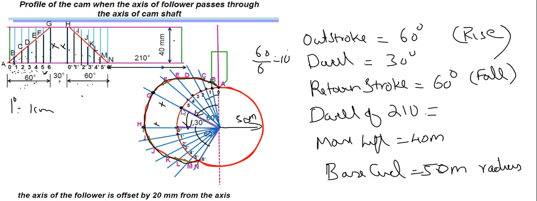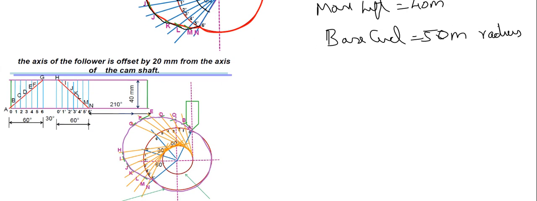From the circumference of the circle outwards, you mark these lengths and name them accordingly. Then you trace a smooth curve around it. That is how you generate a cam profile. And similarly, sometimes you will be given an offset method.